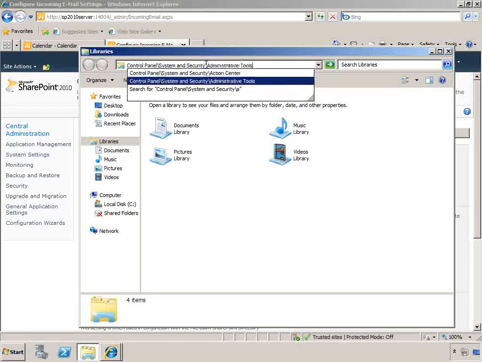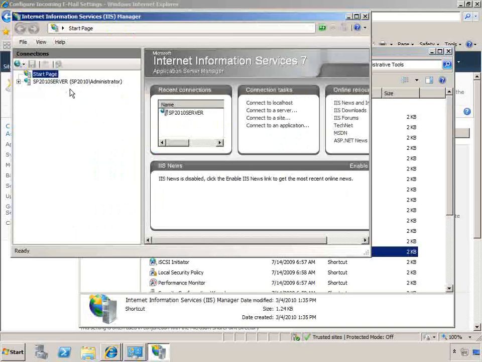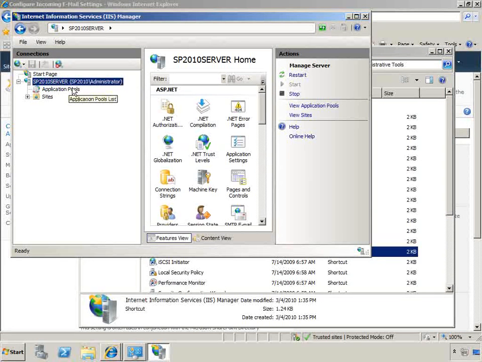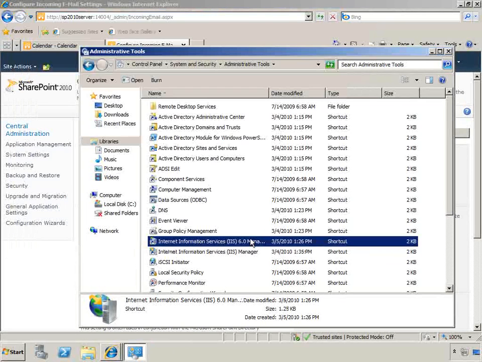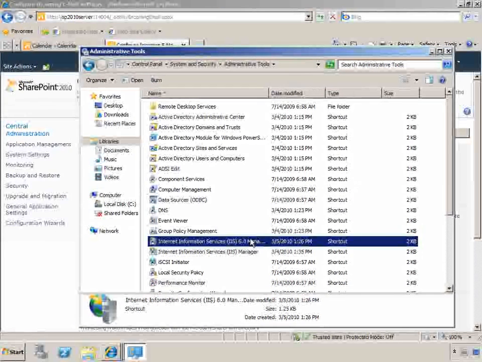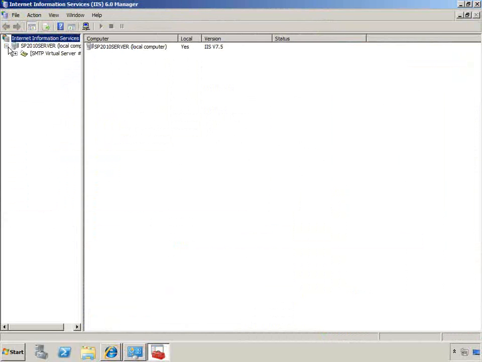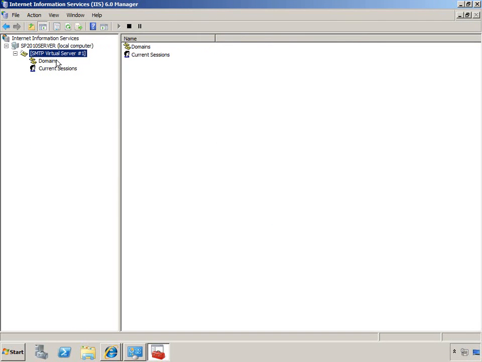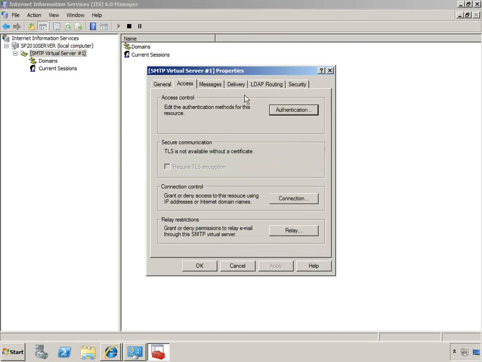tools, and we'll see inside of the administrative tools on the machine that we have two IIS managers. There's the standard one for IIS 7, and you'll notice that though we can administer the application pools and the actual sites, there's no way to administer the SMTP server inside of there. To do that, we actually need to load up the IIS 6 management tools, and inside of this we can see we can access the SMTP server. So the admin tools for this haven't been pushed into the IIS 7 manager. We do need to administer this through the IIS 6 manager, but we get all of the management features we